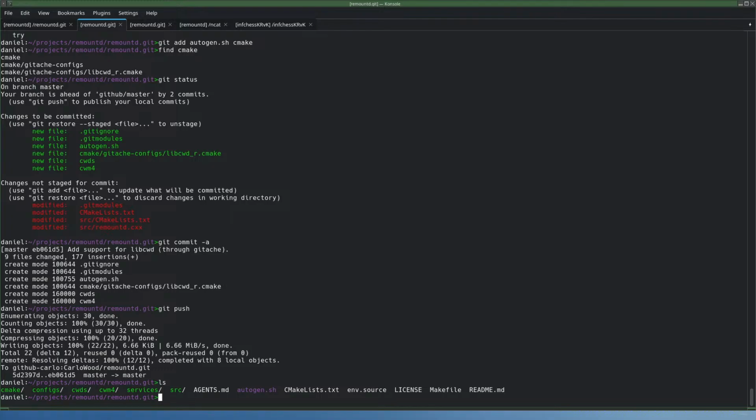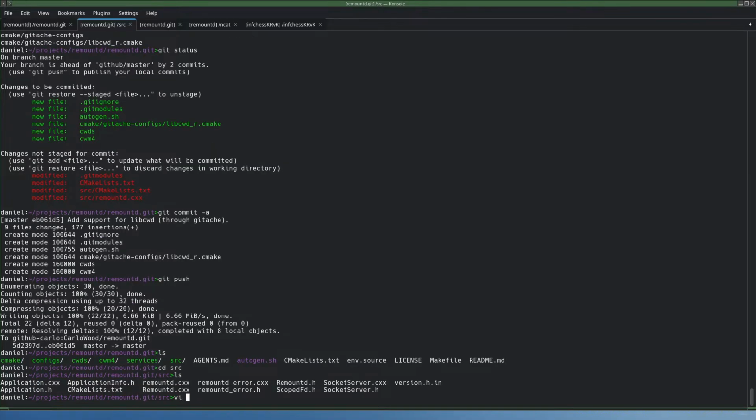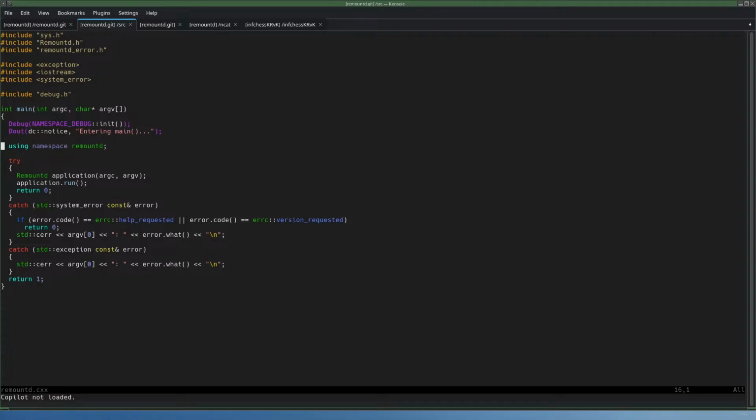Let's think what to do next. Yeah, add debug output because the thing doesn't work. Let's add a lot of debug output. Source. I don't think much more than entering main is necessary here. Although maybe I want to know when we return. I mean, if there's an error, then it's printing the error already. So I'll know that it is exiting.